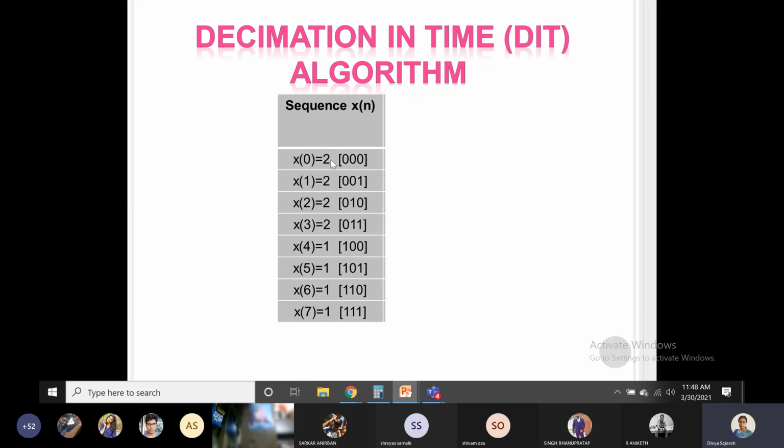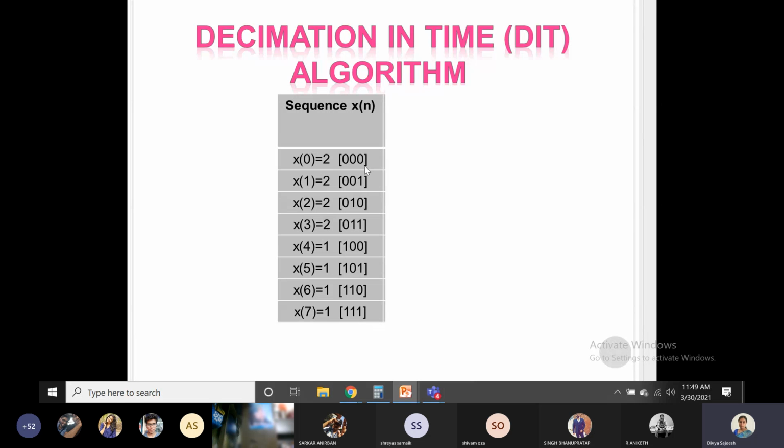not the element. The elements given are 2, 4 2s and 4 1s. This I am not expressing in 3 bits. I am going to represent the position of the element in bits. So that is why in the bracket I have mentioned it, up to 7. Now you are going to reverse the order, reverse the position of these bits.